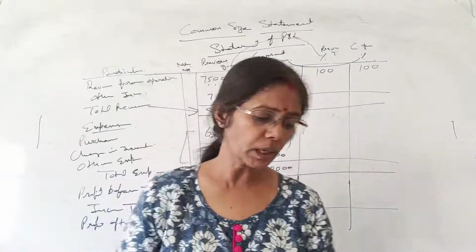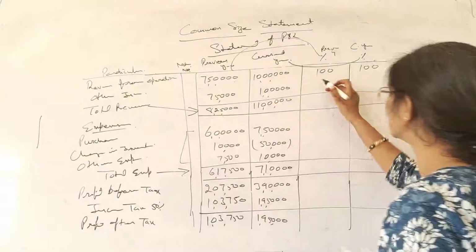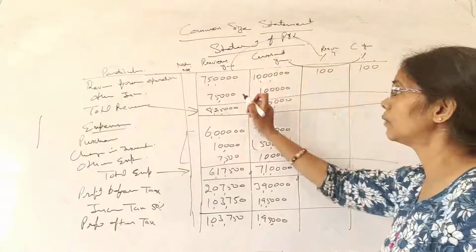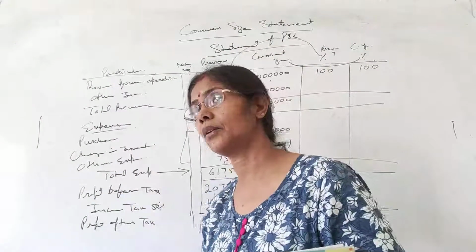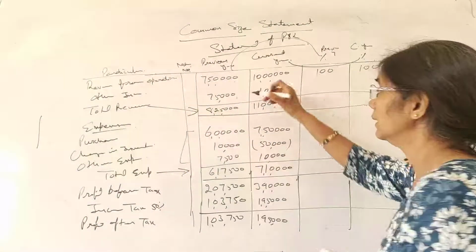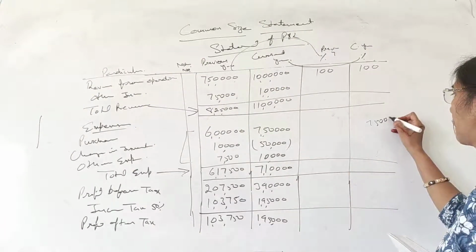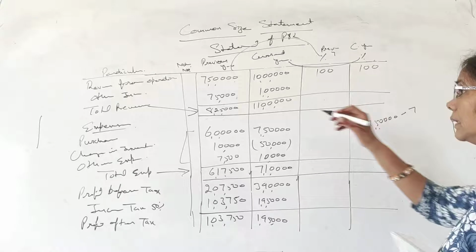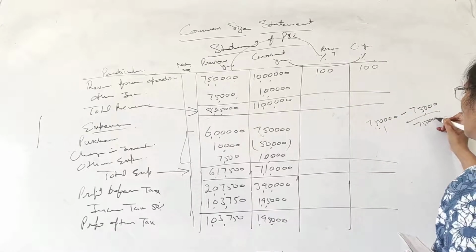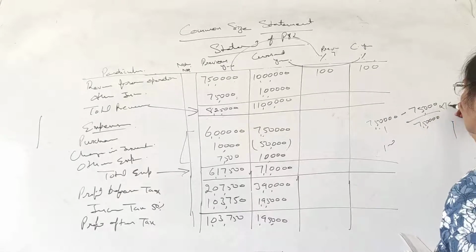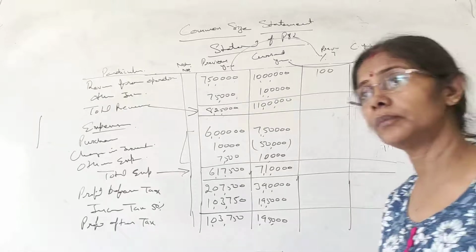Okay, now the first point is of your income, other income. So here this figure is equal to 100. Now what's this 75,000, which percentage it is containing of this? So the same method is there. Out of 7,50,000 your figure, other income, is 75,000. Out of 7,50,000, so out of 100 how much will it be? That comes 10%. Is that clear?